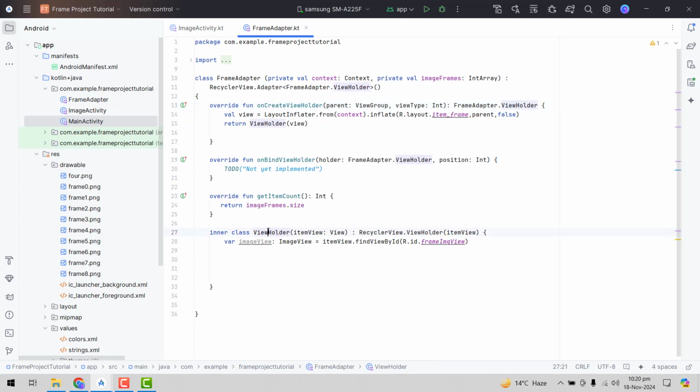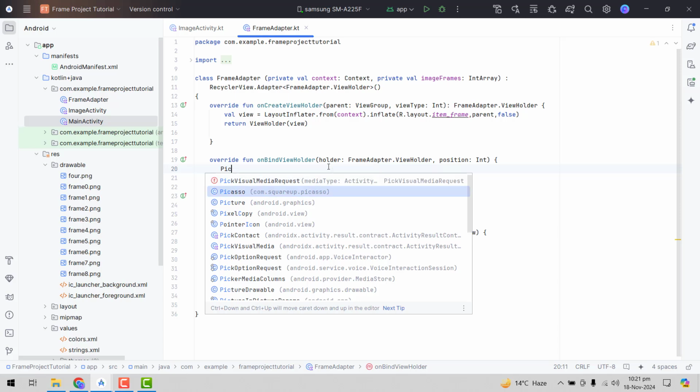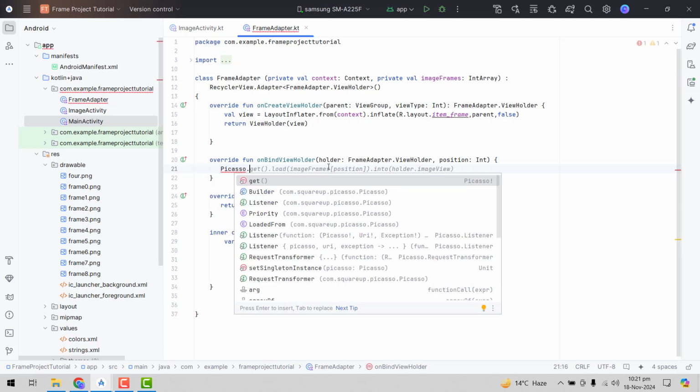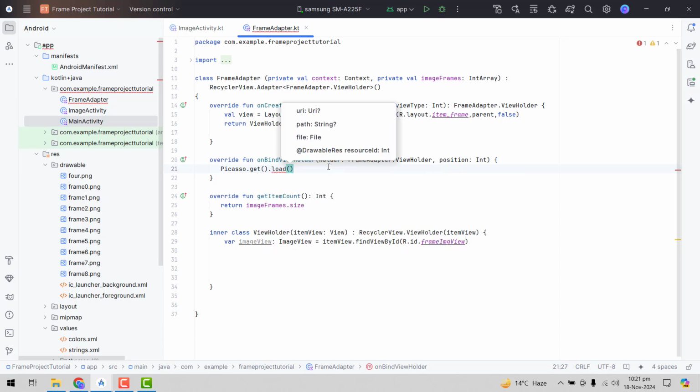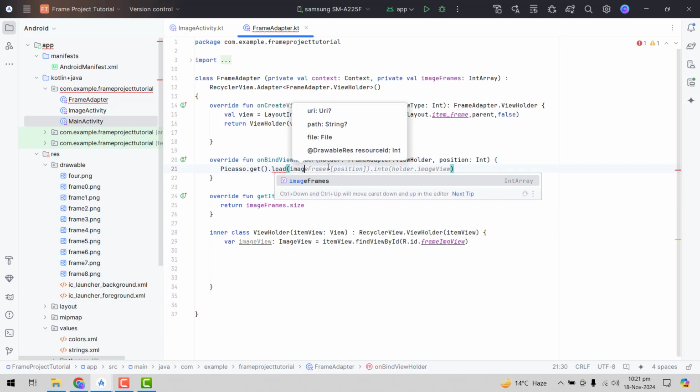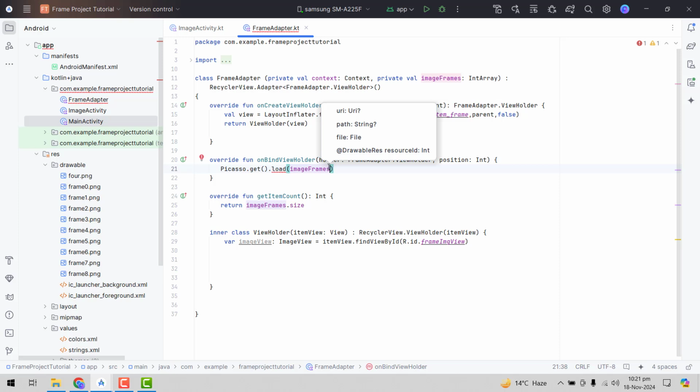We were in that frame adapter class, and we had done almost all the major work, and now we only had to use the onBindViewHolder. So now we have to display the frame. For that, we have to use the Picasso library, and here we can say Picasso.get().load(), and inside that load, as we have the frames as an integer array, we can say position into the recycler view,